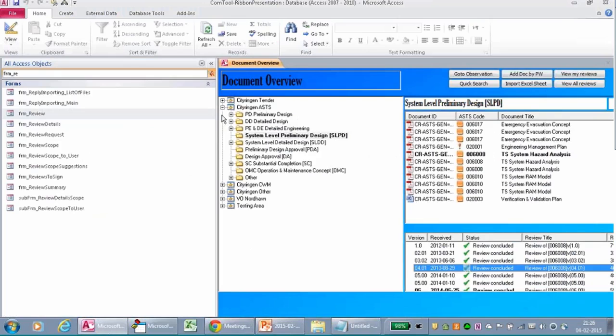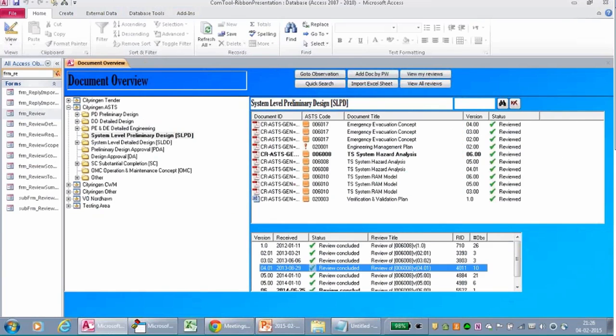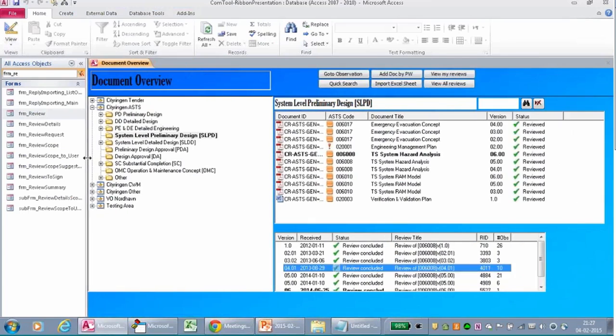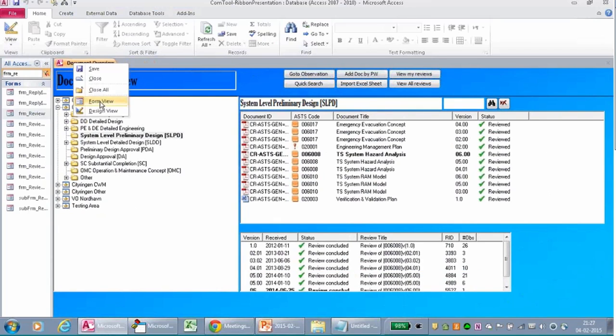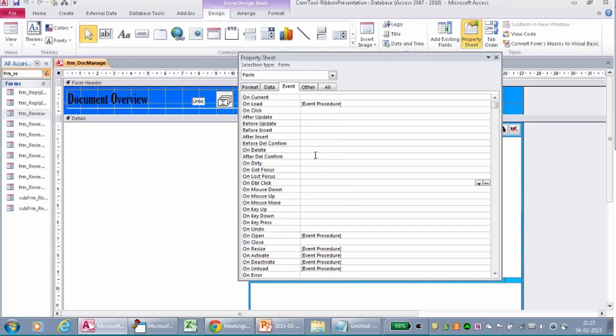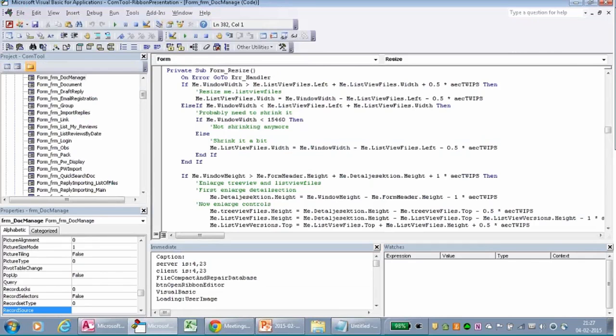You can see over here, if you look at the control here, that's a list view control. As I resize the form, the control resizes as well. Go in and look at the code here. Let's see, on resize, that's the event you want to use. On resize,